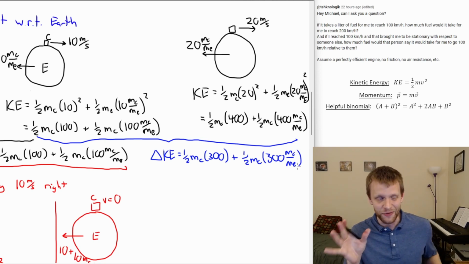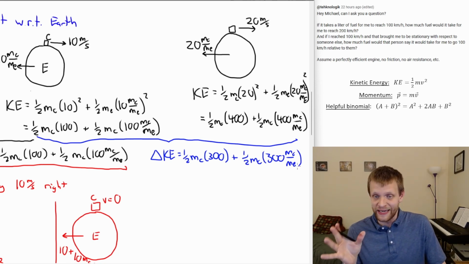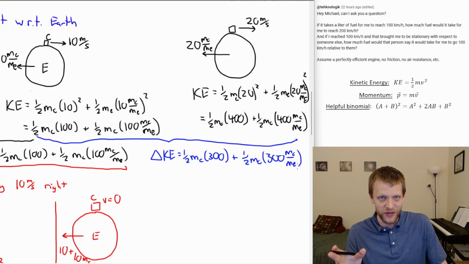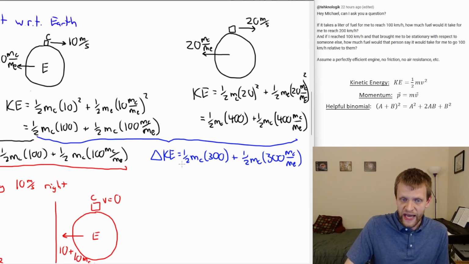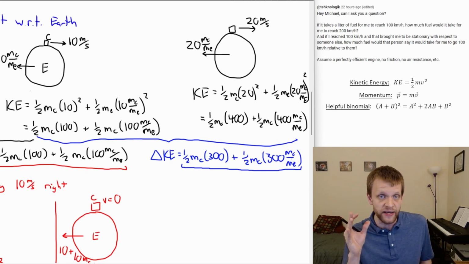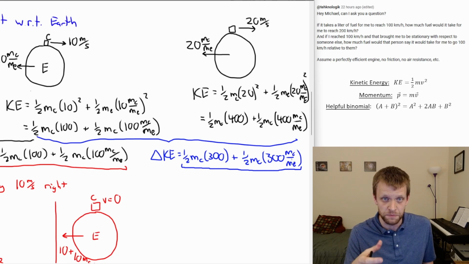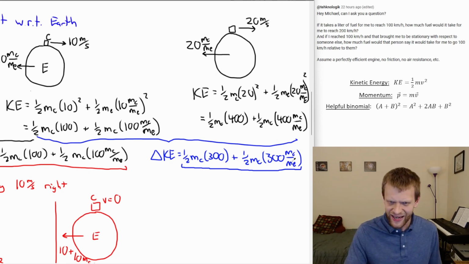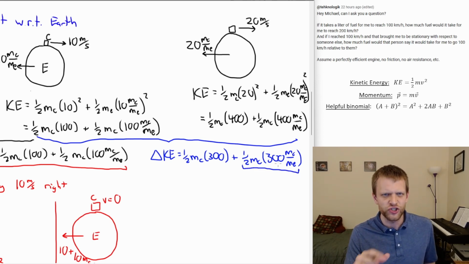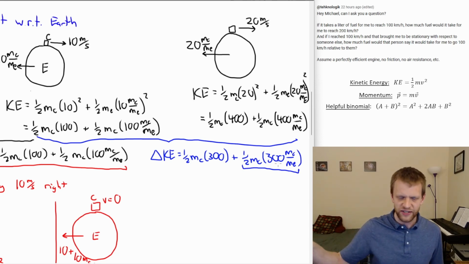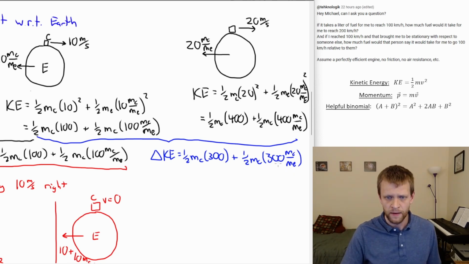Again, I know we're getting a little bit into the details. Thank you in advance if you're still bearing with me through some of these technical details, but we're going to see something cool happen in just a second. So we have this measurement of how much kinetic energy needs to be added to the system, added by the gasoline being used as fuel. The chemical energy is providing this kinetic energy. And again, this last term, because of that mass of the car over the mass of the Earth term, is so small that we usually just discard it in most of these calculations.